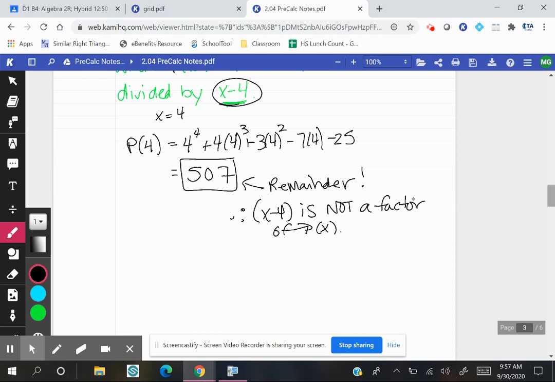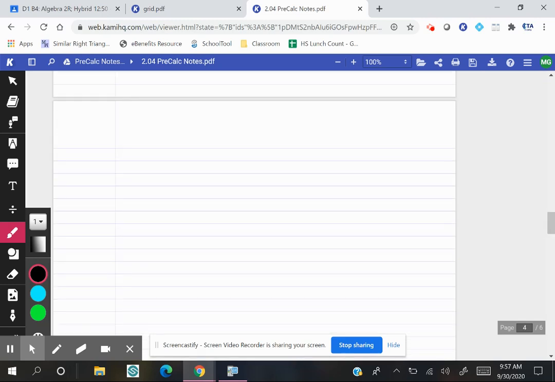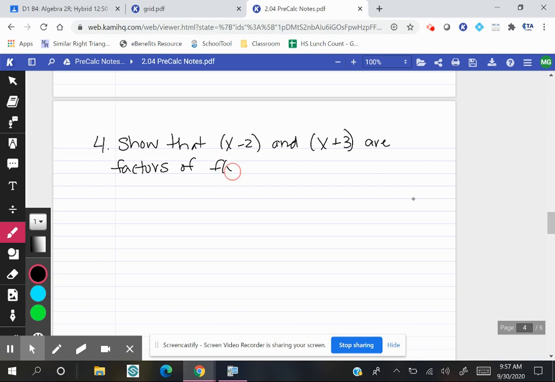Okay, we're going to do one more problem together. I'm going to start on a fresh sheet here. Show that x minus 2, and this is a longer problem, which is why I want to start on a new sheet, and x plus 3 are factors of f of x equals 2x to the fourth plus 7x to the third minus 4x squared minus 27x minus 18. After you do that, we want to find